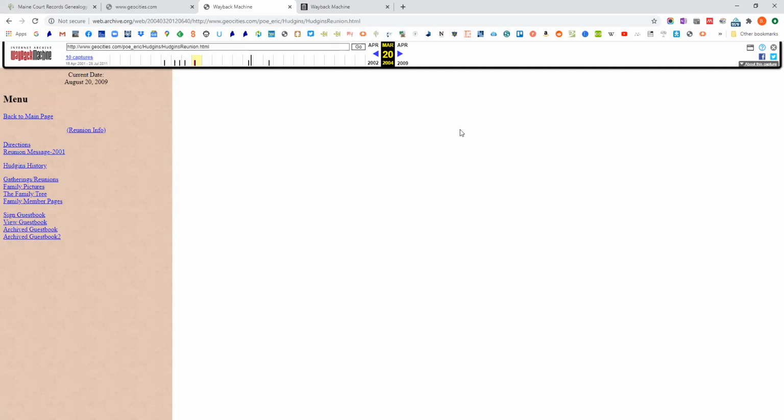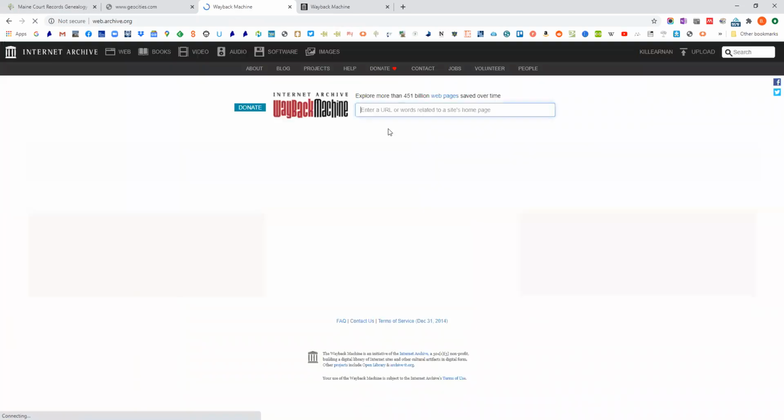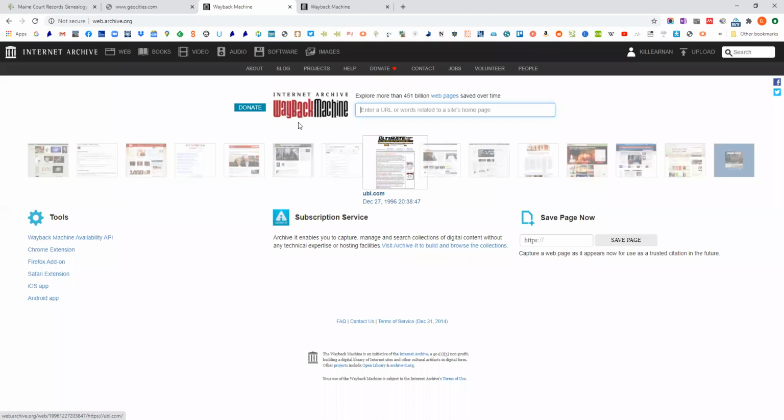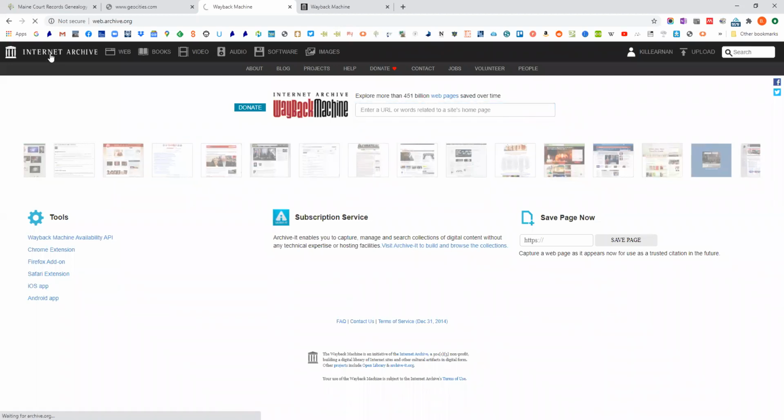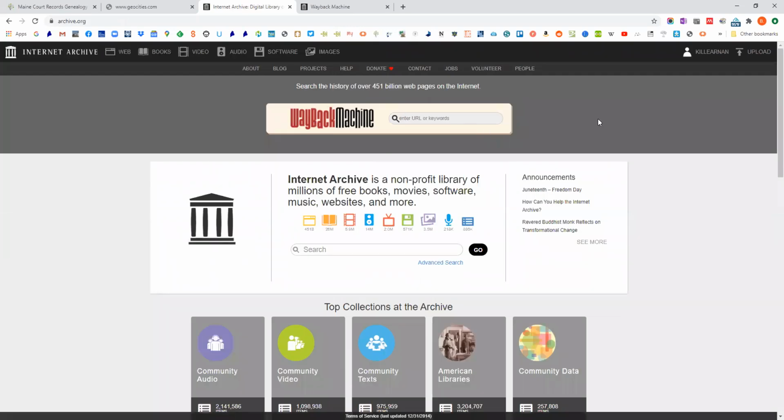But at least it gives you a way, if you're reading a magazine and you go to a link and it's not active anymore, you can type that link into here. And as I said, if you go to the Internet Archive, it's this Wayback Machine. And if you want to go to the dedicated page,